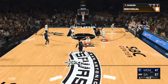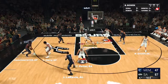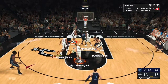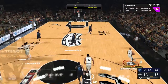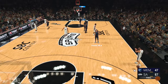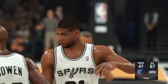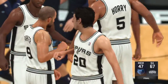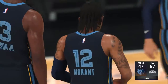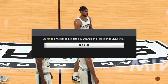Memphis with the ball. Pass to Jackson. It's Morant in the corner. That shot missing. And he's been a force on the glass all game long. He has led this team in rebounding and also taken on the role of enforcer. And so it's San Antonio easily taking this one. They won this game going away. They were the better basketball team by far tonight. And you got to commend this sort of dominance, particularly here at home. It's a great feeling when you play almost a...